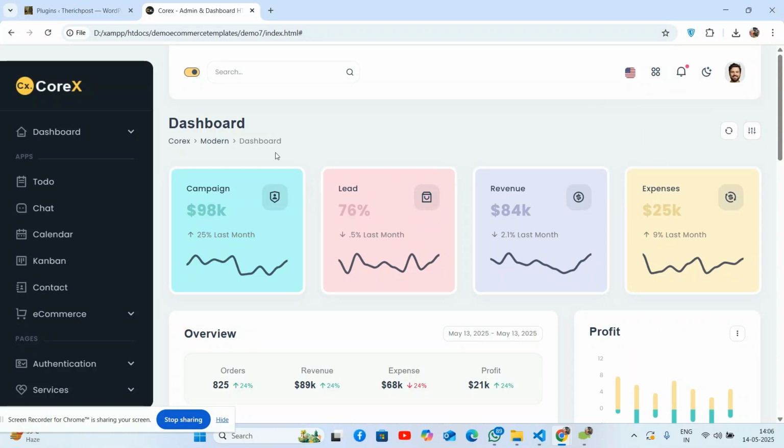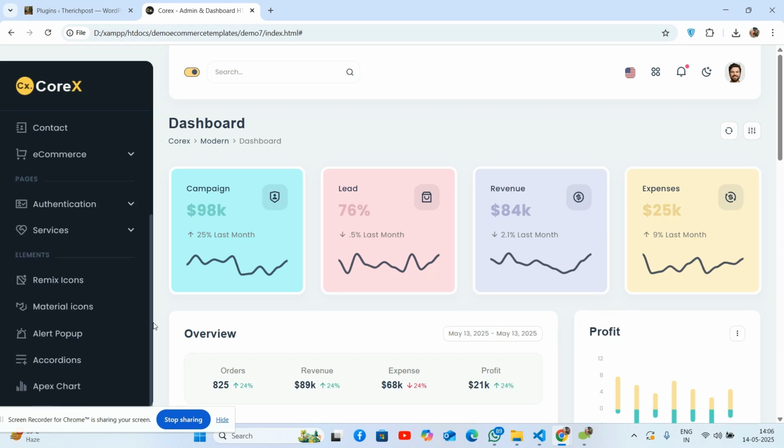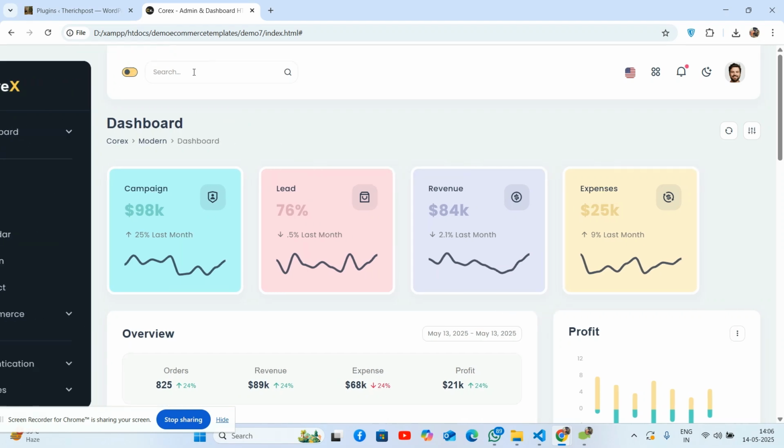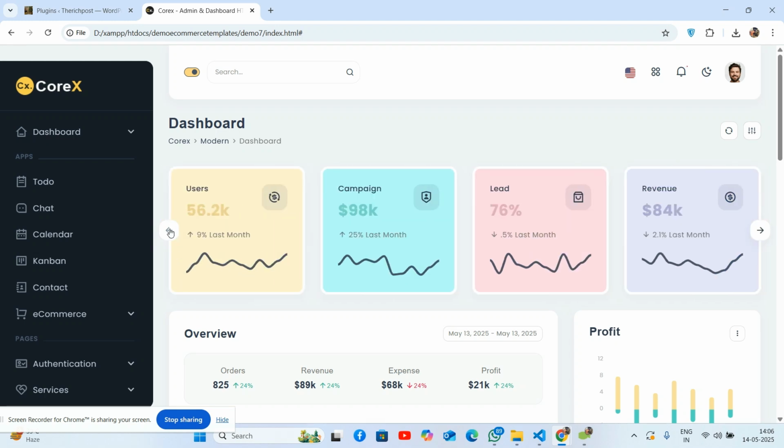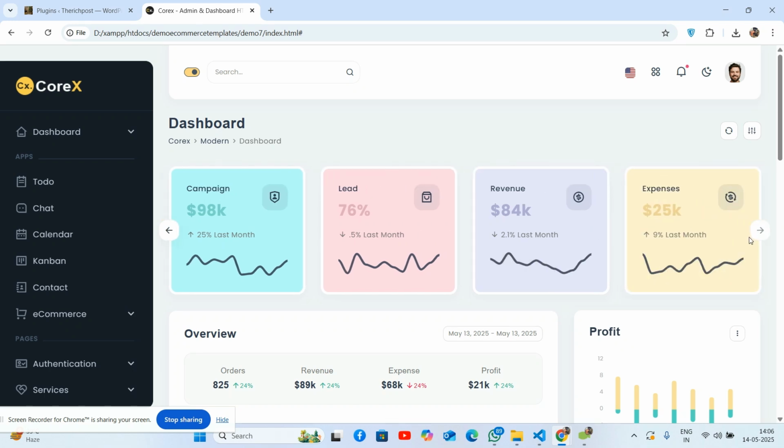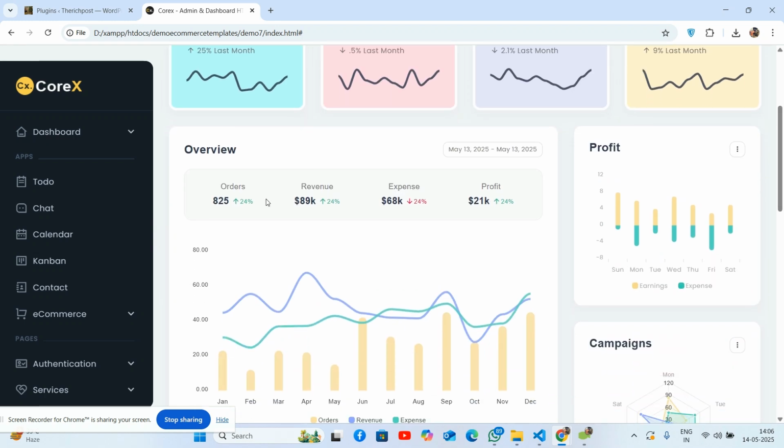Guys, here is the beautiful sidebar section, sidebar nav with toggle functionality. Now, here's the content section. See the dashboard. See the beautiful section, insert carousel, user graph, see the beautiful graph chart, campaign, lead, revenue, expenses, and going down, overview, see a beautiful chart